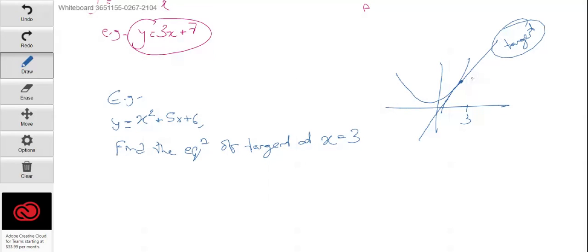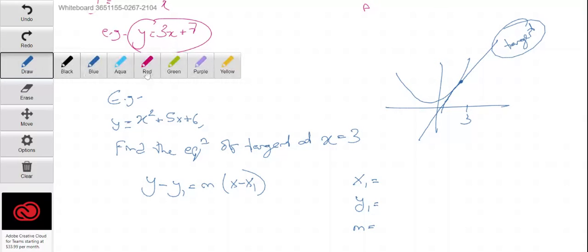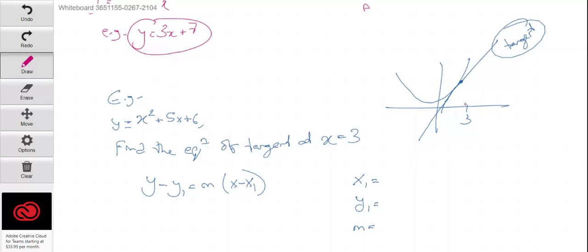So remember, this tangent is a straight line, so it must follow this particular equation, right? Now, we need three pieces of information to find the equation of this tangent. The first piece of information is an x coordinate through which our tangent passes. We need the corresponding y coordinate, and we need the gradient of the tangent. Now, some of the information is already given to us. For example, the 3, right? The x coordinate,